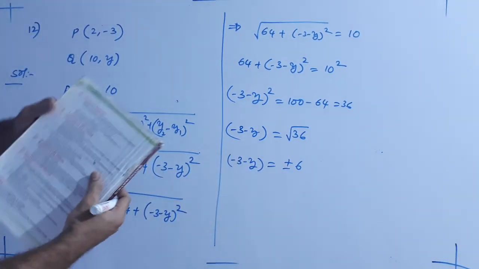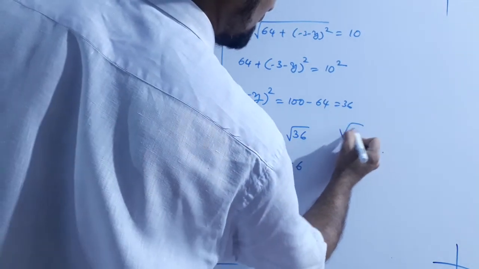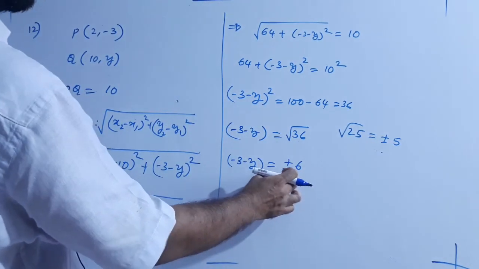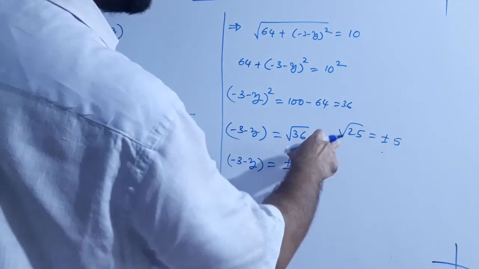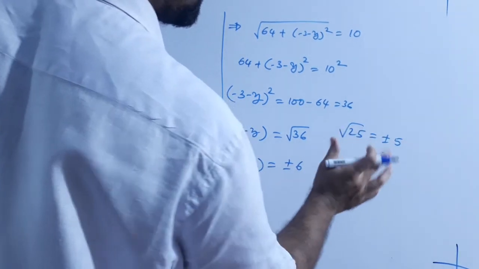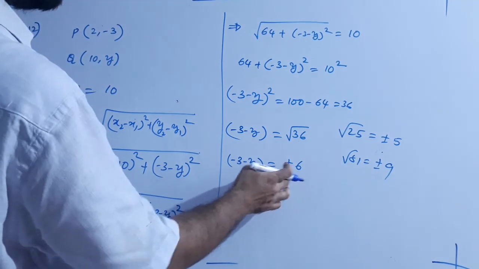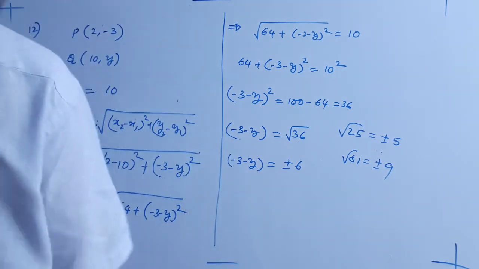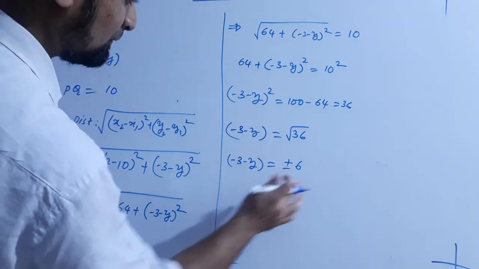Remember, always when you are writing the value of a root, you should write plus or minus. For example, root of 25 equals plus or minus 5. Don't simply write 5 when you are writing in terms of an equation. Generally we say root of 25 is 5, but usually we should write root of 25 as plus or minus 5. Always remember here root of 81 equals plus or minus 9. In an equation, whenever you are using these terminologies, you should always write plus or minus. So here, with plus we get one value, with minus we get one value.